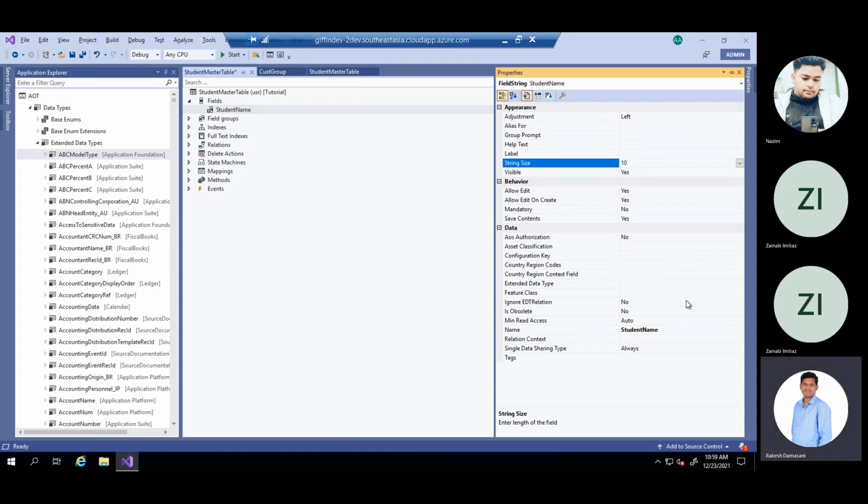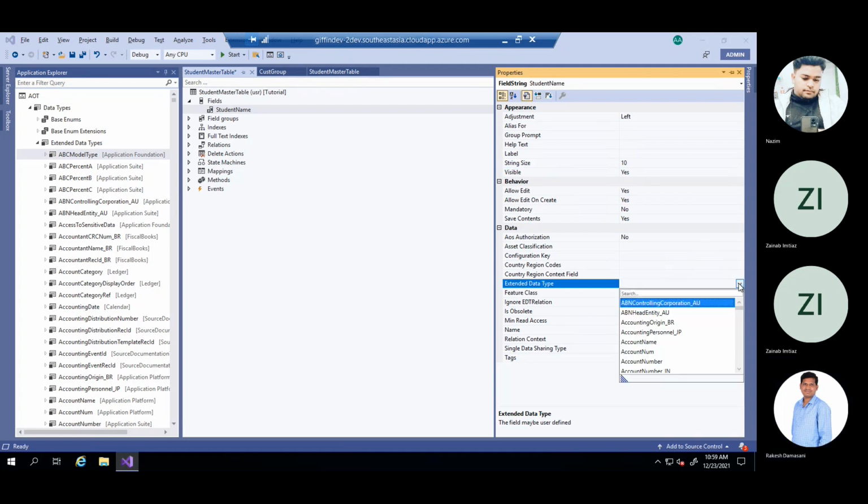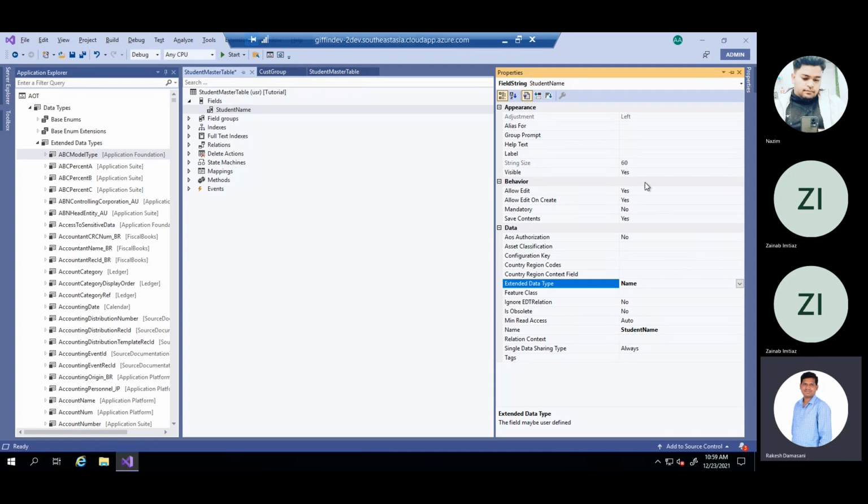Here it is 10 string size. I will select name. See, after selecting name, the string size is changed to 60. And you can't change it directly here. If you want a different size, you have to change the EDT, suppose description.